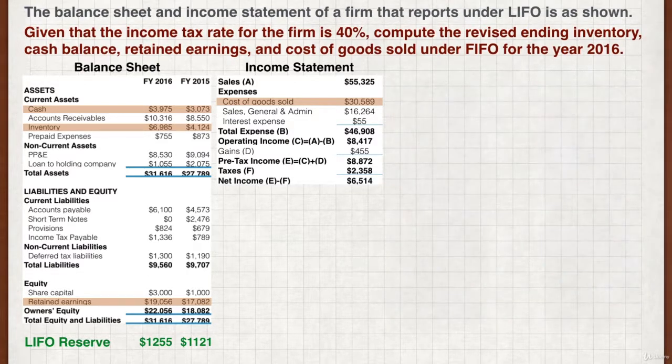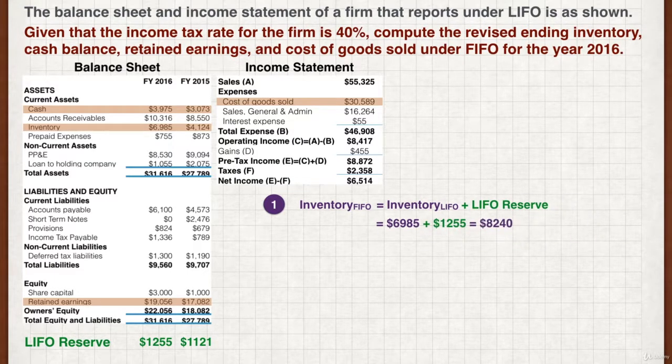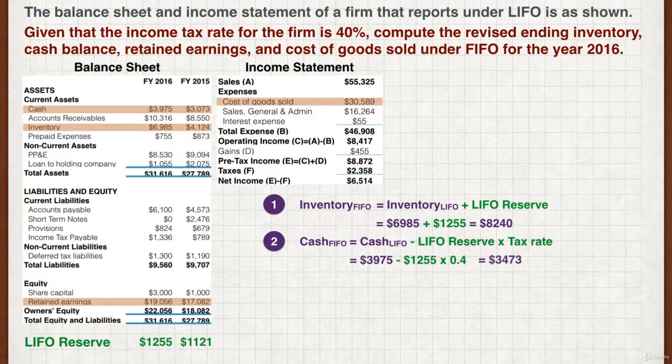And we're back. Let's run through the 4 adjustments that we've learnt in sequence. Firstly, the FIFO inventory is the LIFO inventory plus the LIFO reserve. Simply plug in the figures and we have an inventory value of $8,240. Next, the FIFO cash balance is the LIFO cash balance minus the cumulative taxes saved. Plug in the figures and we get a cash balance under FIFO of